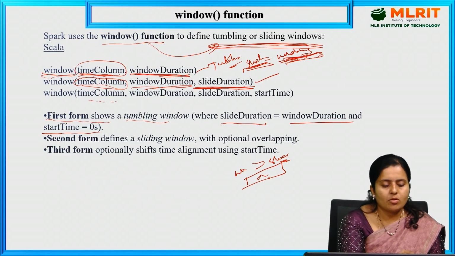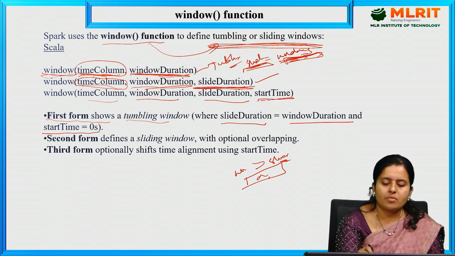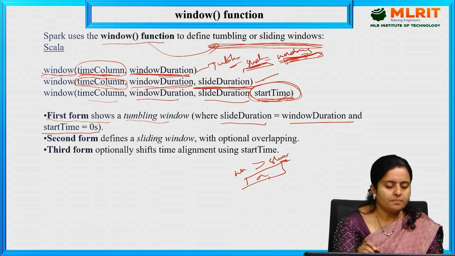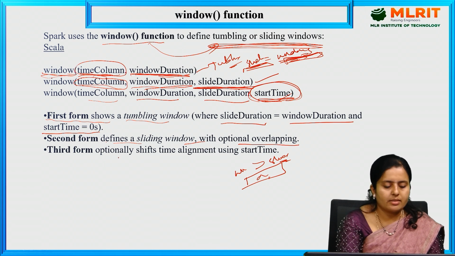Next, time column, window duration, slide duration, and start time. With respect to start time also we can call it a window. Here the second form defines a sliding window. As I have told you just now, those are overlapping. And the third form